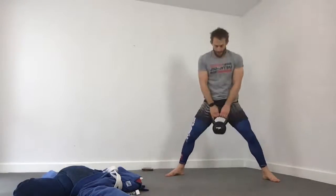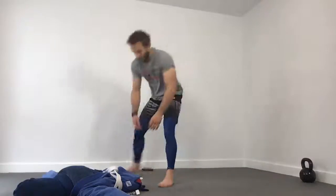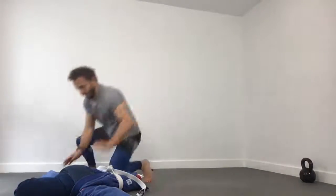Keep good posture when you're doing this. 5, 6. Whoa. 12s are done. I'm at 650. Woo. Oh yeah. 2,